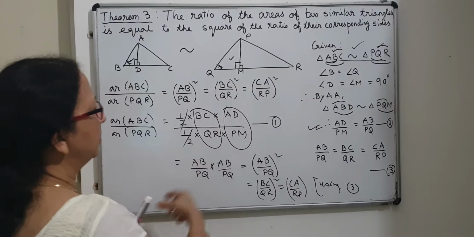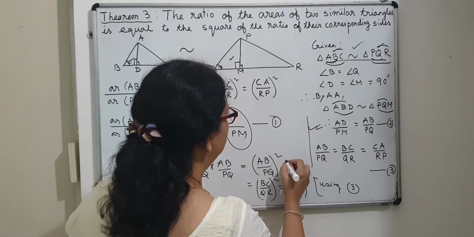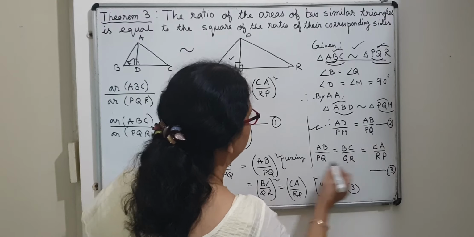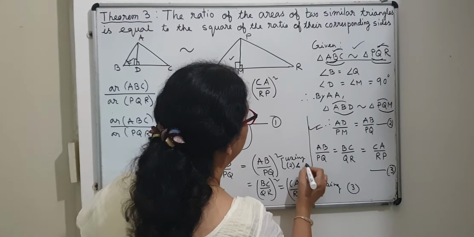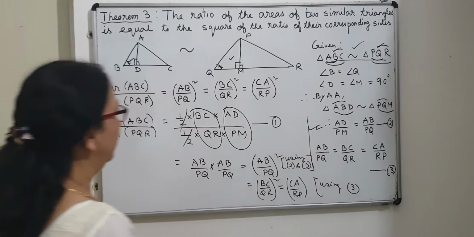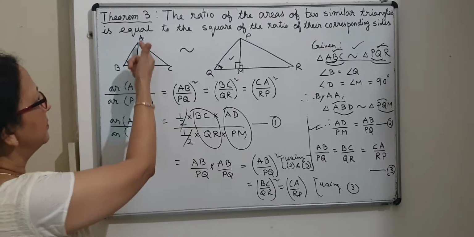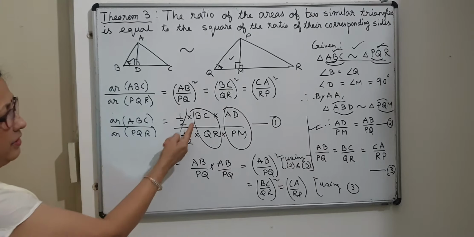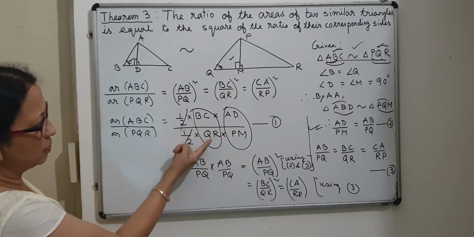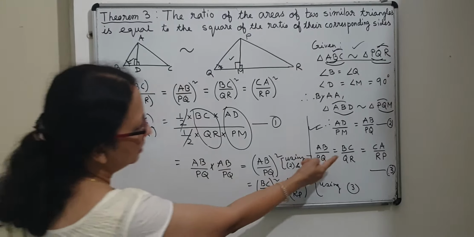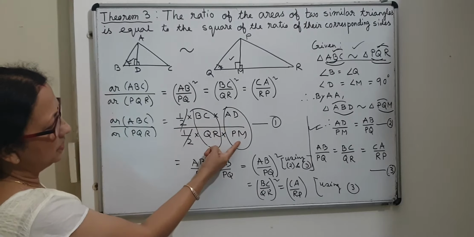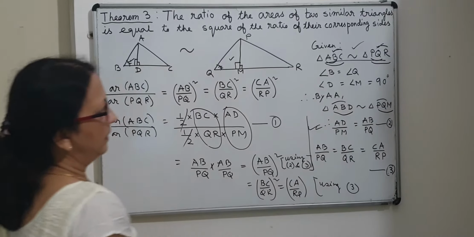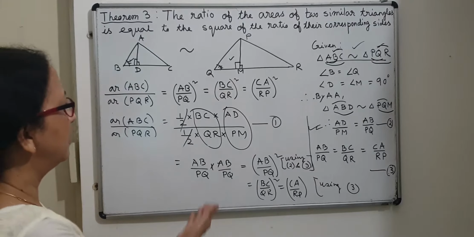And here I have used equation 2 and 3. Okay, so this proof is very simple. We have to simply draw the altitudes, and I take the ratio of the area of these two triangles and rewrite half base into altitude. So the ratio of these two sides is equal to AB by PQ, this equation, and the ratio of AD by PM is AB by PQ, as these two triangles were similar by AA. So hence proved. So this is the proof.